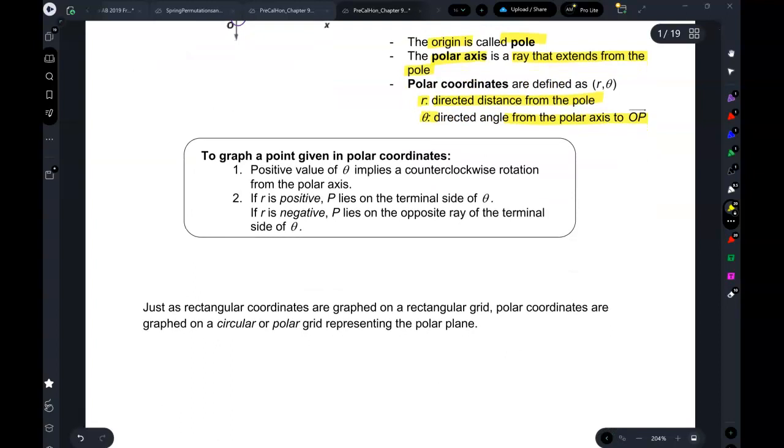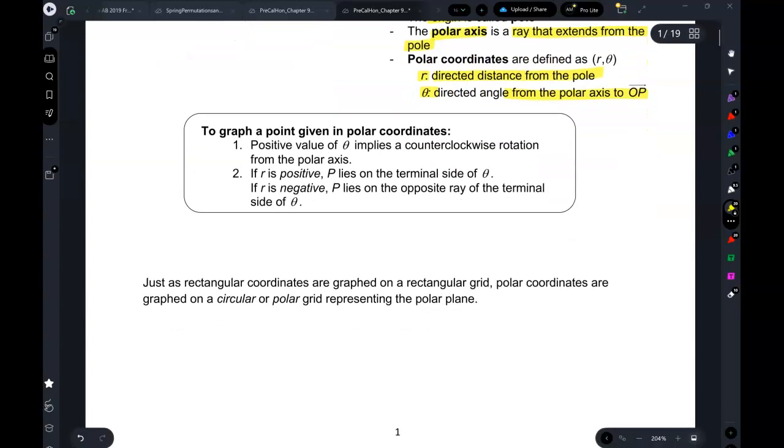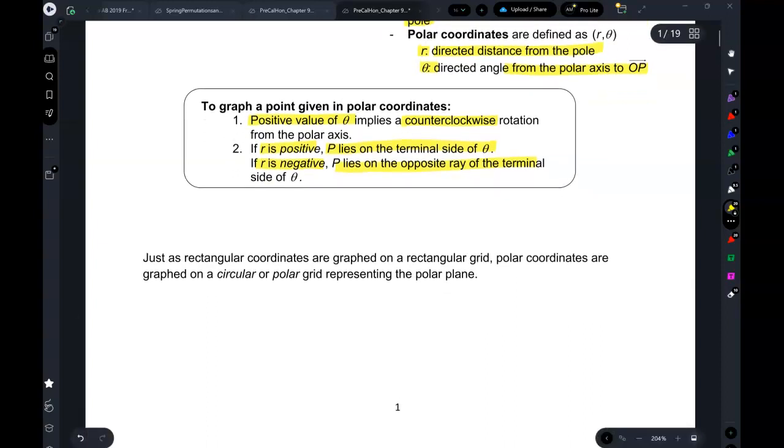So to graph a point in polar coordinates, if you have a positive value of theta, you go counterclockwise, just like before, from the polar axis. If r is positive, P lies on the terminal side of theta. If r is negative, P lies on the opposite ray of the terminal side of theta. Okay, so for example,